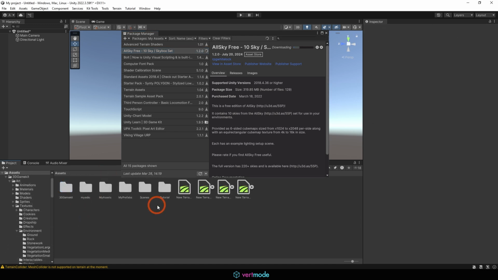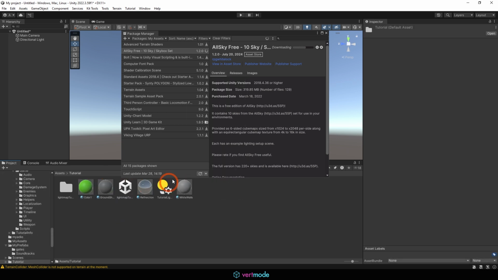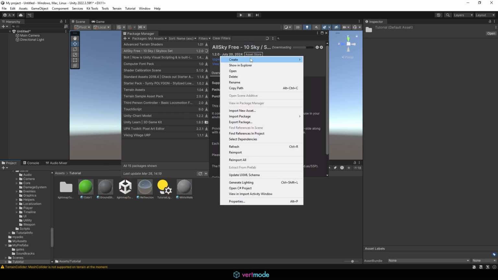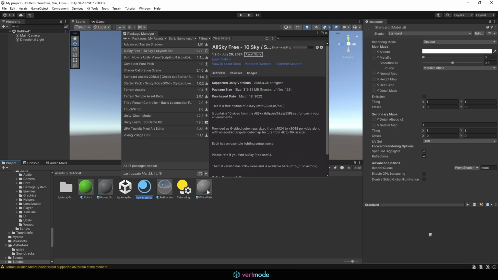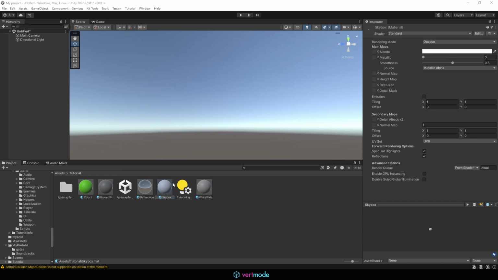So let me navigate out to my assets here. So I'm going to go into my tutorial folder here, and I'll go ahead and create a new material while we wait for this to download so we can discuss this a bit more. And in this material, I'll just call it Skybox. What I want to show you is in the Unity materials here, let me move my package manager off screen. We can come to the drop-down menu here